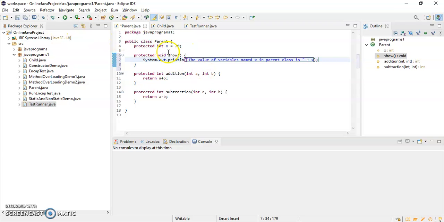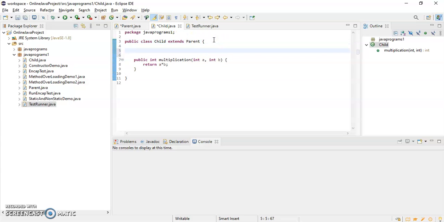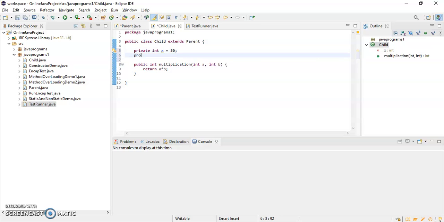And in the child class also, I'll create one more variable with the same name. I'll write private int x is equal to say 80, and here I'll make it public, because we will access these variables outside the class.